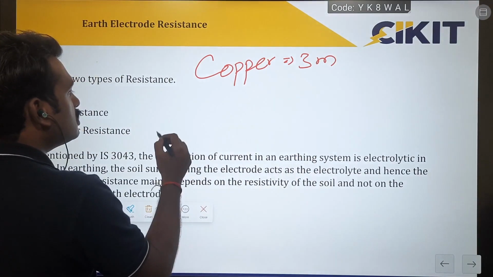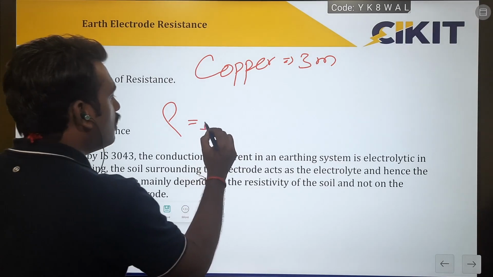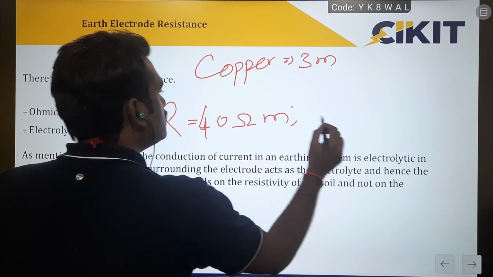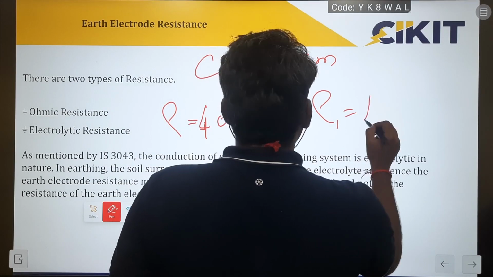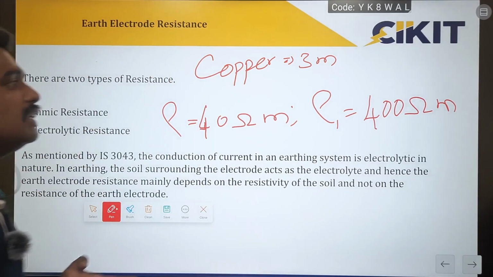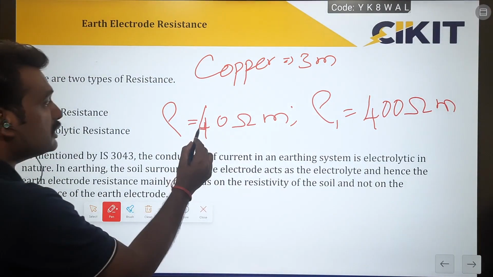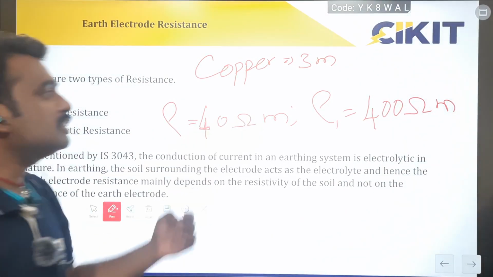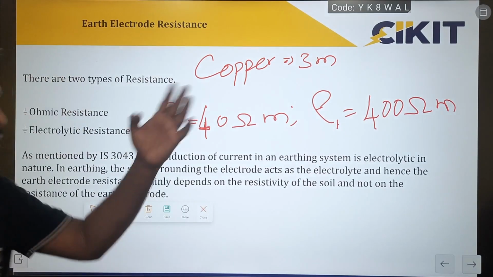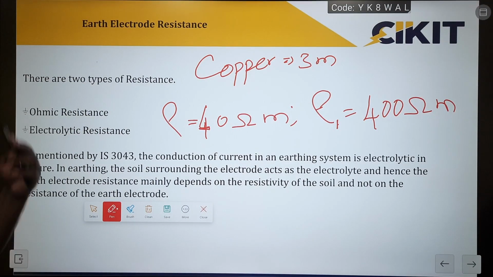I am using the same copper electrode of 3 meter length. If I install this same copper electrode in a soil condition of 40 ohmmeter, and if I install the same in another soil condition of 400 ohmmeter, here the material is same, the dimensions are also same, but since the soil resistivity is different, the resistance of earth electrode will be very much higher in the soil condition of having 400 ohmmeter,